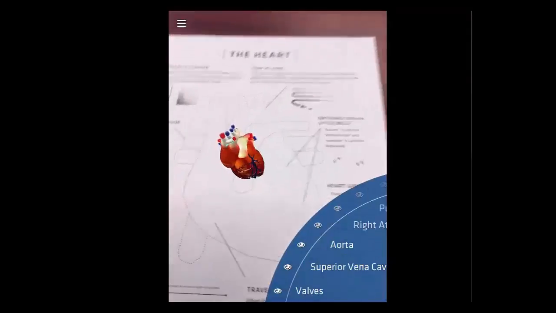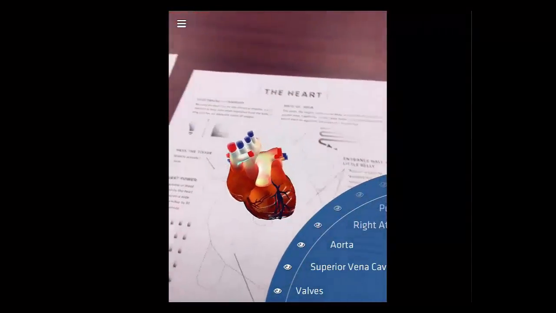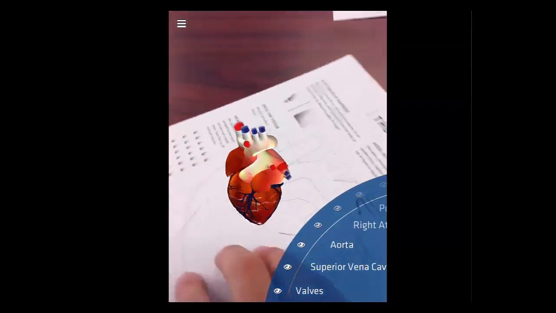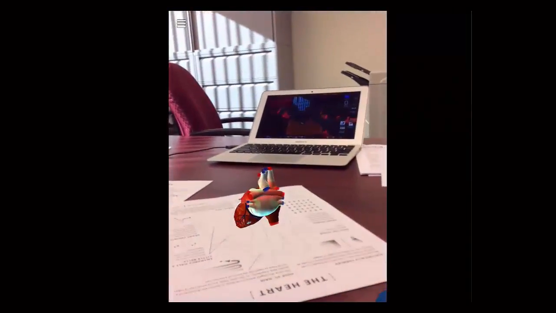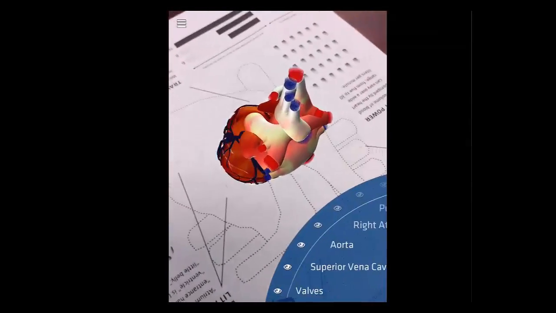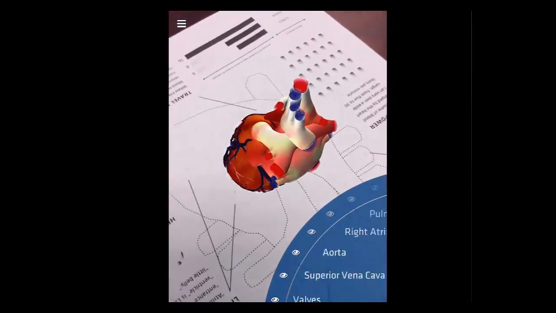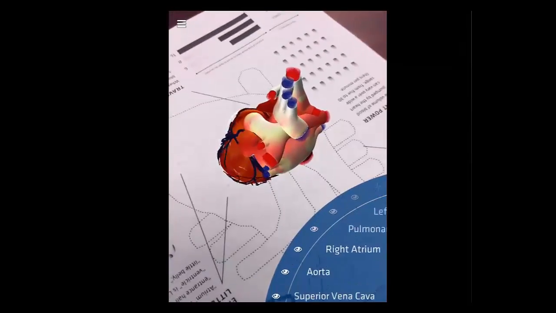They can look at it closely without having to have it physically there, but I like how they can see it moving. So I'm going to turn this paper around and they can look around the back. Unfortunately, you can't scan the bottom side of the paper, so you can't go below it, but that's a real easy way for students to see with this Anatomy 4D app. They can look at, like I said, the human body and the heart.